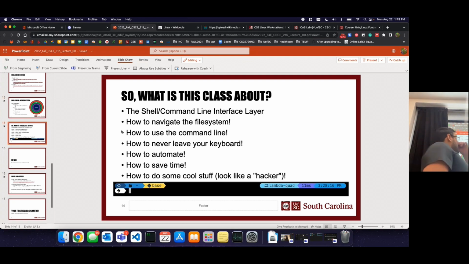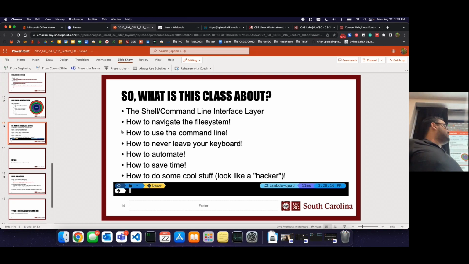All right, so what is this class about? I've already said it: the shell and the command line. Everything you can do for the most part in a GUI, a graphical user interface where you click around and use a mouse, can be done on the command line. In a lot of ways, the command line saves you a lot of time.